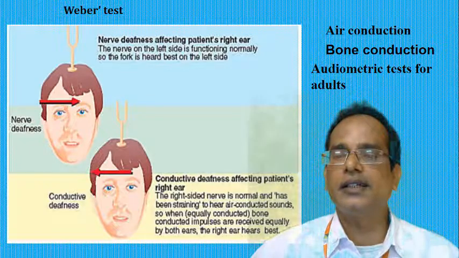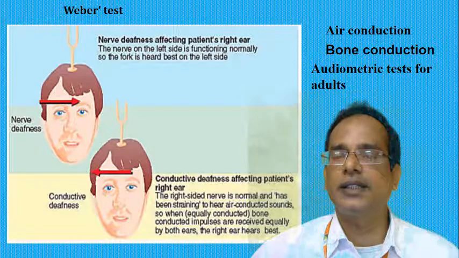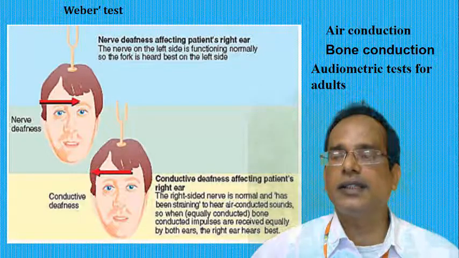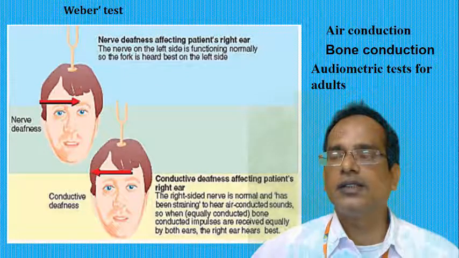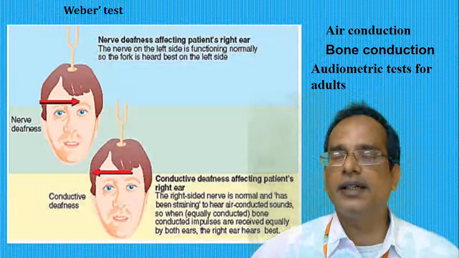Now we will discuss bone conduction. What is bone conduction? In a contact sound, sound is conducted through the bone, bypassing the outer and middle ear. It directly sets up a travelling wave in the cochlea and stimulates the cochlea and central auditory pathways. By comparing the auditory threshold using these two methods, we can determine the side of the hearing loss.